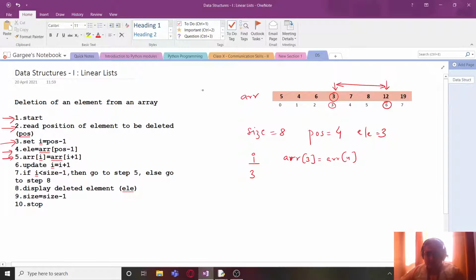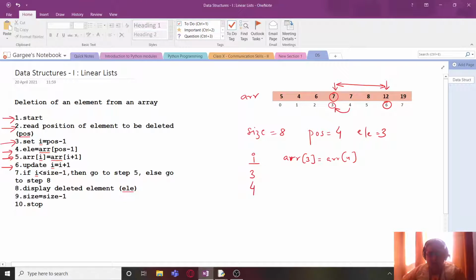Now it will be a bit easier. So ARR 3 equals ARR 4. That means first of all this element is shifted. So over here we can say that it becomes 7 over here. The first element is shifted. Now update I equals I plus 1.